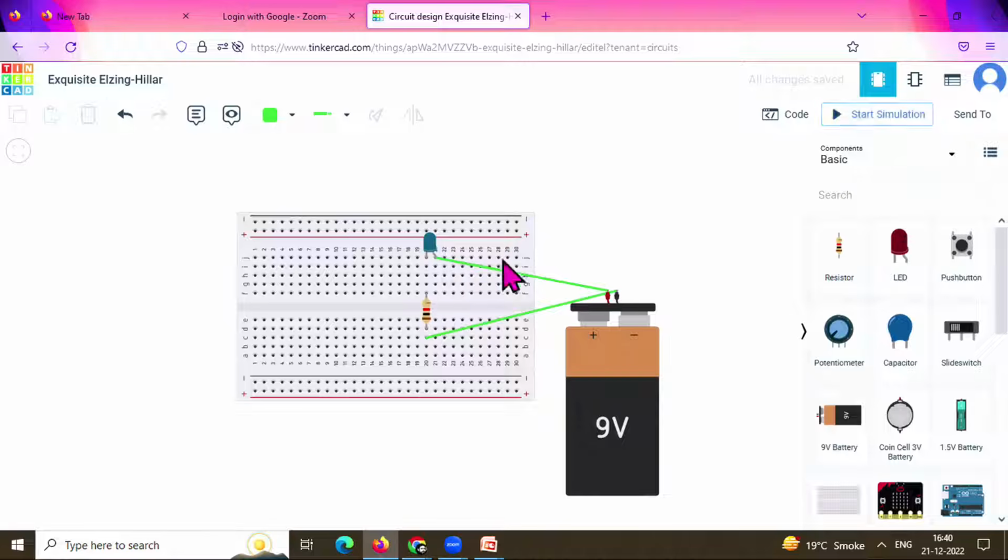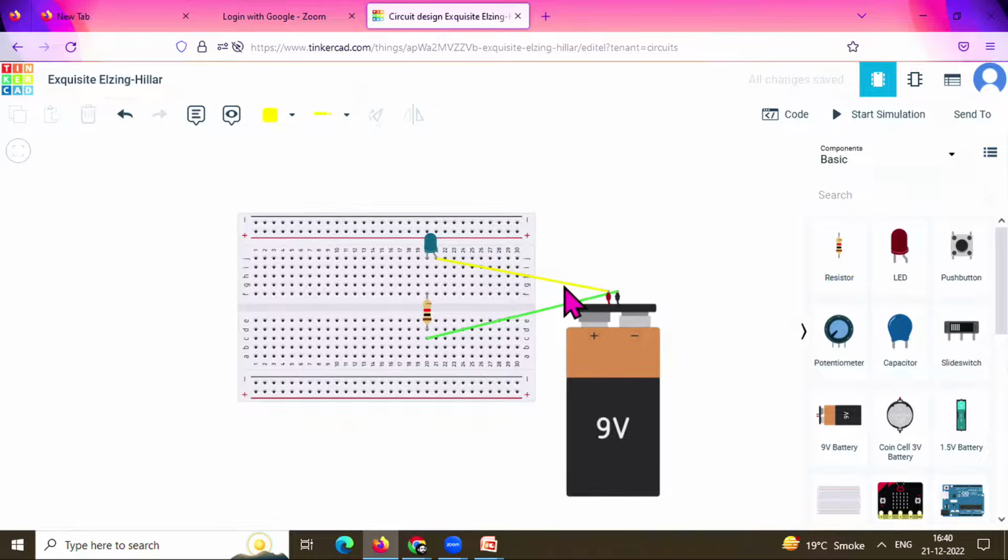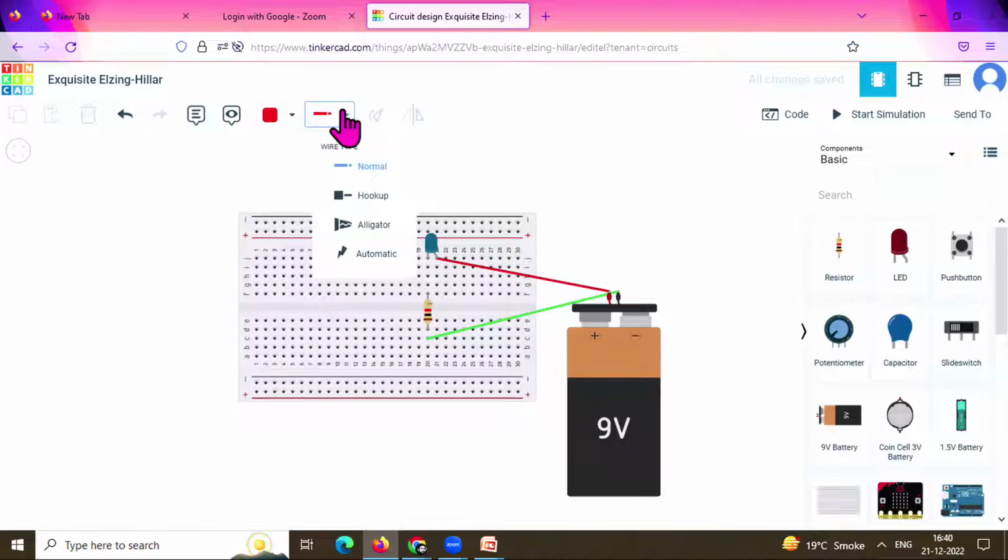Okay. Stop the simulation. Now if you want me to change the color of the wire, you first select the wire. Here you can see a tool which shows different colors. Which color do you want for the wire? Yellow? Okay, yellow. Yellow is not really visible. Can you make it red? Alright, I will make it red. Do you want me to change this as well? This is okay. So we got the idea of how the color can be changed. And if we see the wire type, it's a normal wire. You have to select it first and then